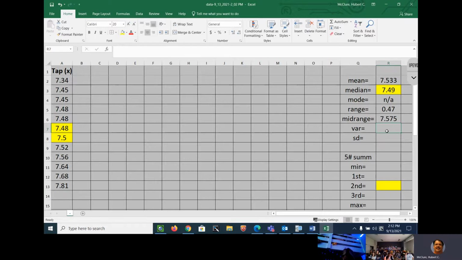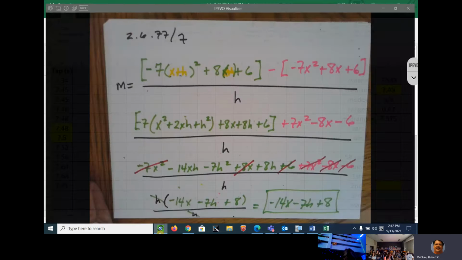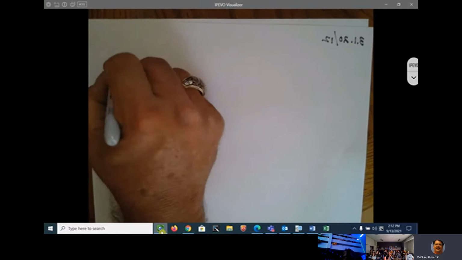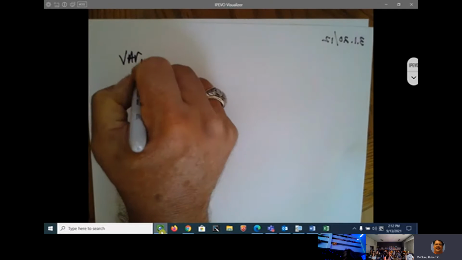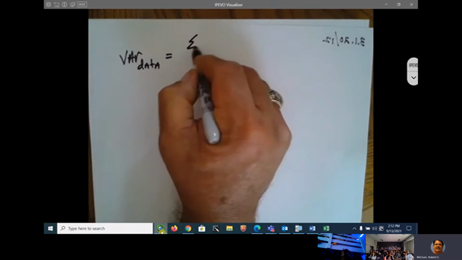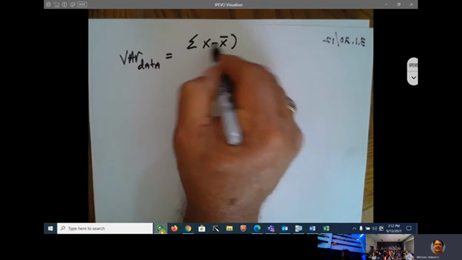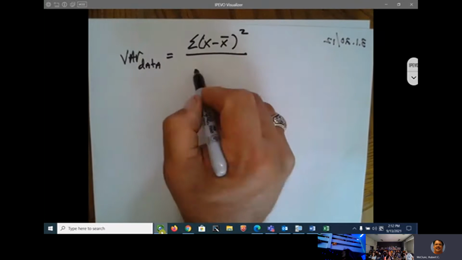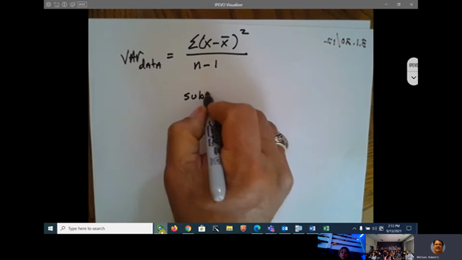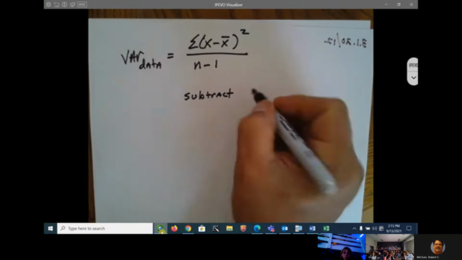And now we're going to find the variance. Remember, the variance, you've got to read the formula. The variance of data is equal to the summation of x minus x bar quantity squared over n minus 1. So we're going to subtract the mean